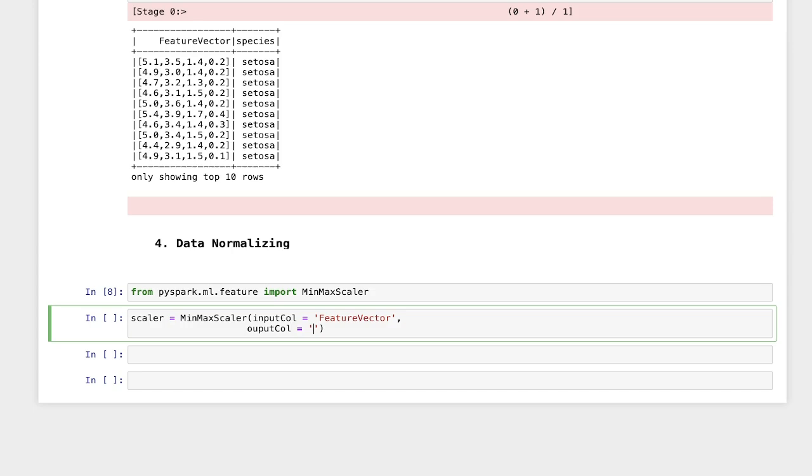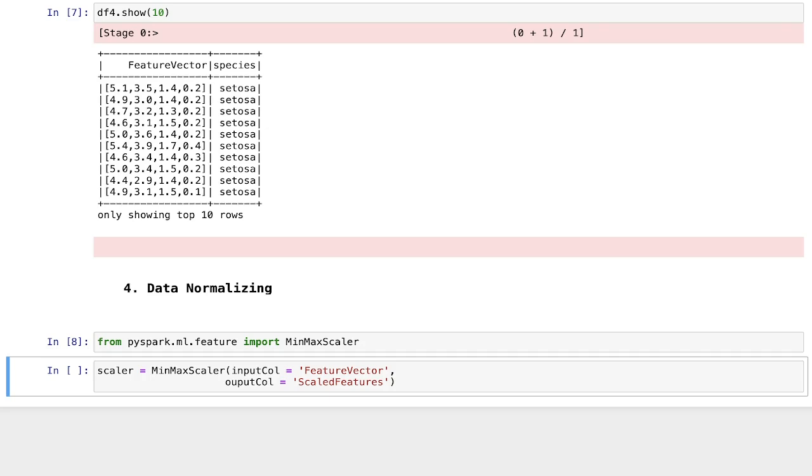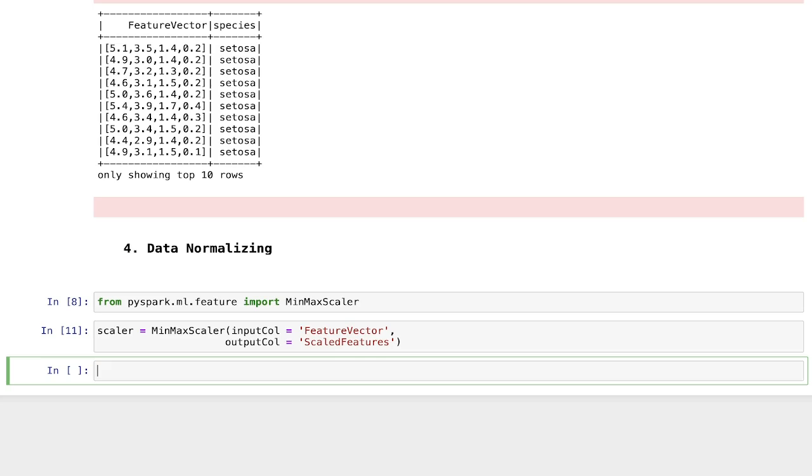So what column name would you like to give to that particular vector column? Let me just say it as scaled features. Fine. Let me just add a d here and let me just run this.